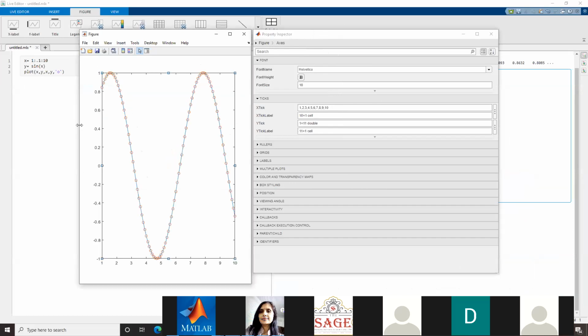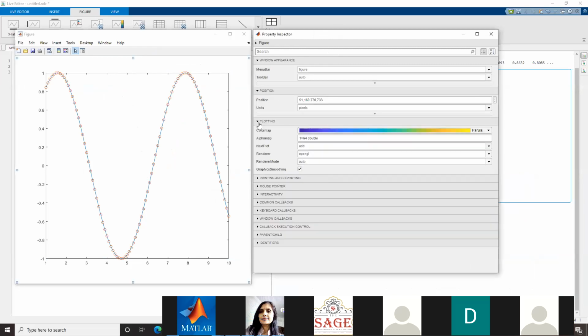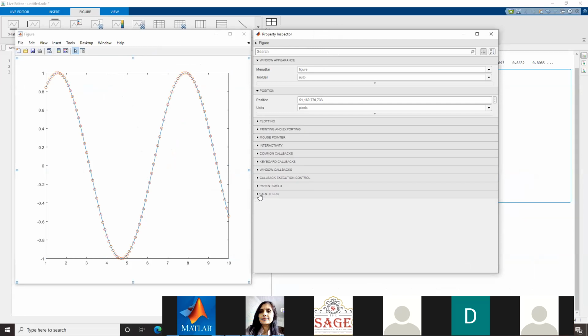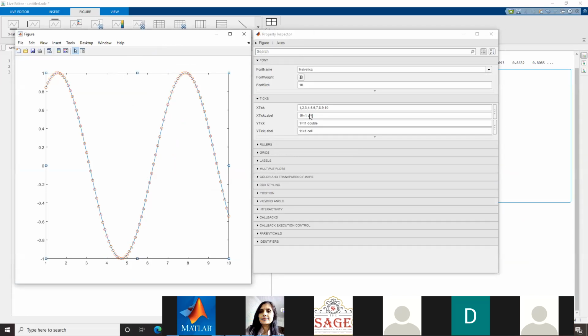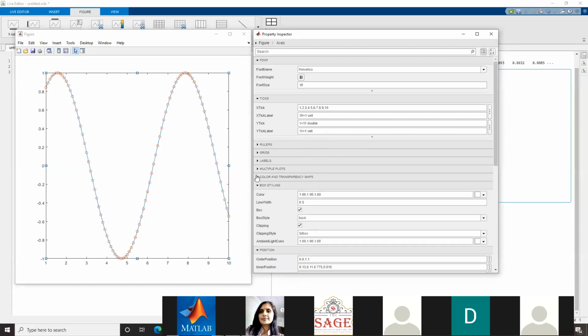Suppose first I want to give the x-axis name. Oh, they have changed the UI part. Okay, menu bar, figure, position, x tick label.